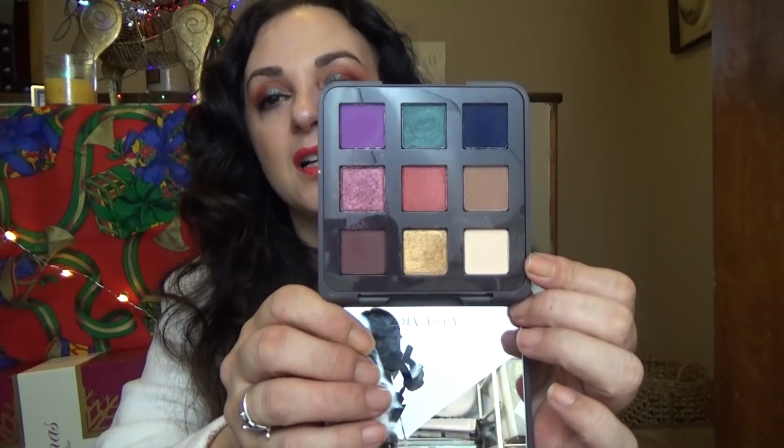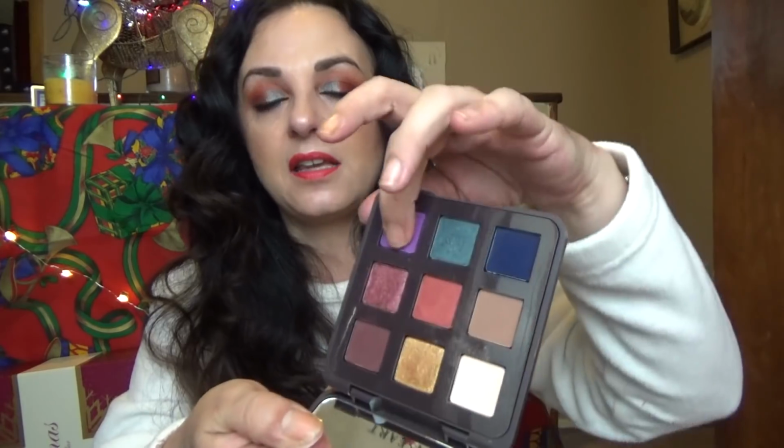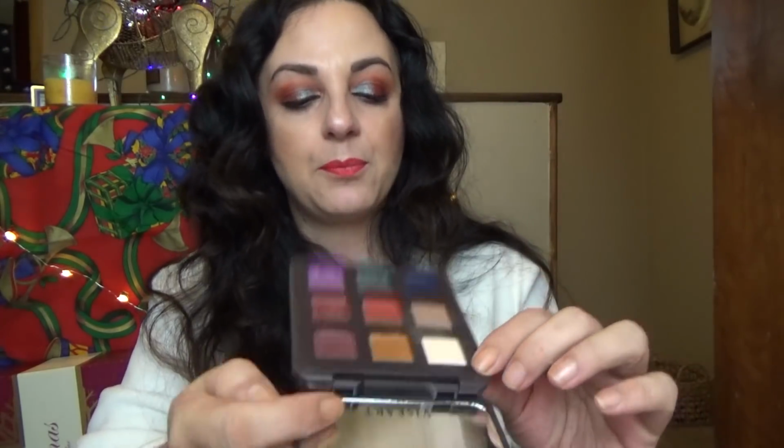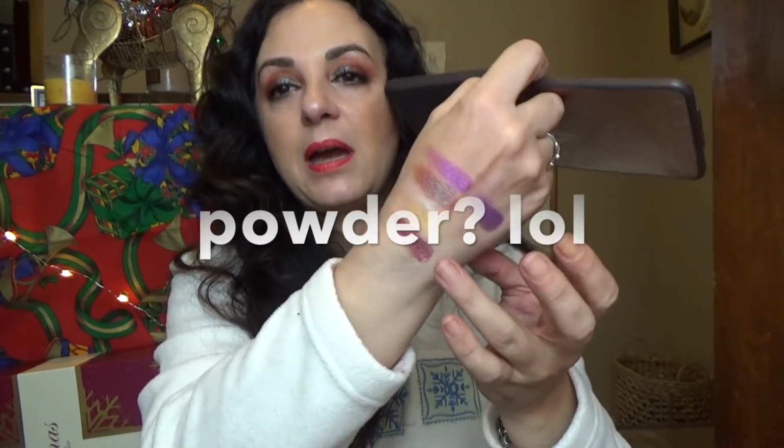This Viseart palette, an amazing get from my amazing, amazing friend, Cara. This is just amazing. It was my first foray into Viseart shadows, and I saw this come out and I had to have it. Again, the purpley shade. This one works a little better on my skin tone than that true grape color, but everything else, the quality, the pigmentation, the application, the staying power of these,